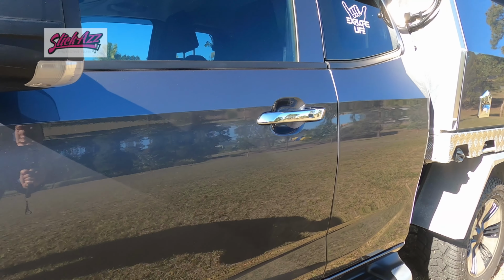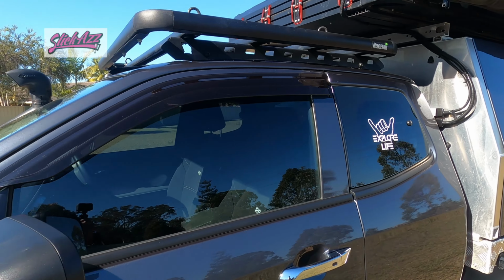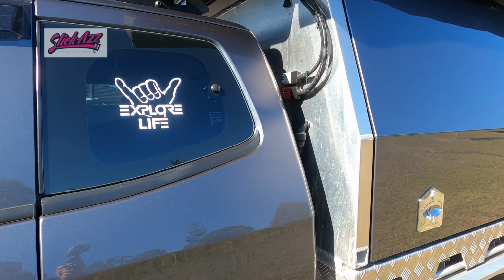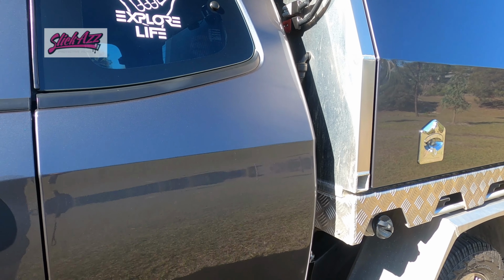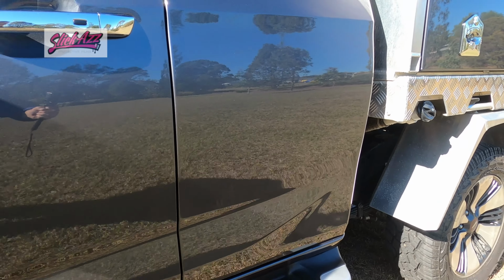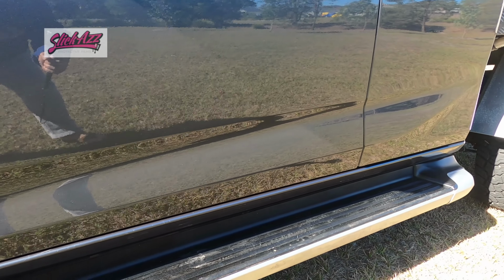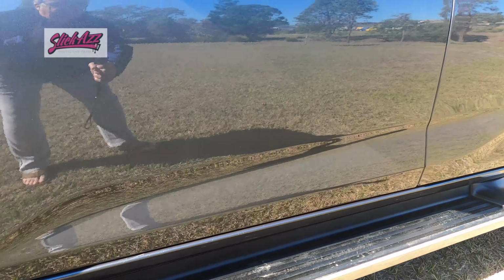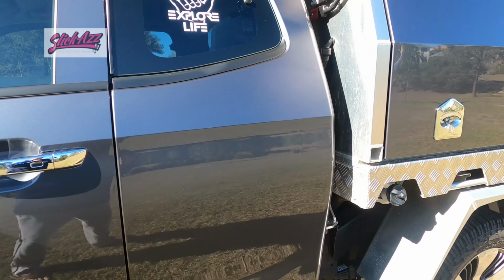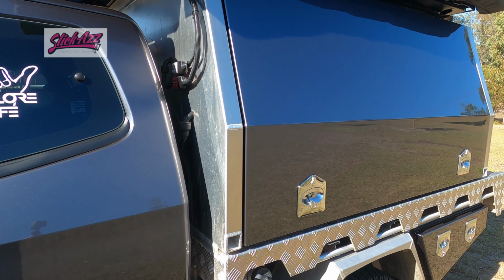see no scratches whatsoever on the actual doors themselves, where it was very scratched or pinstriped before from the trees. So again, super impressed with the actual coverage of the stripes. So again, just go over real slow. This is done in 4K, so you'll be able to zoom in if you want to, but I can guarantee you, if you can see any of the scratches that were there in the previous video as to what it is now,